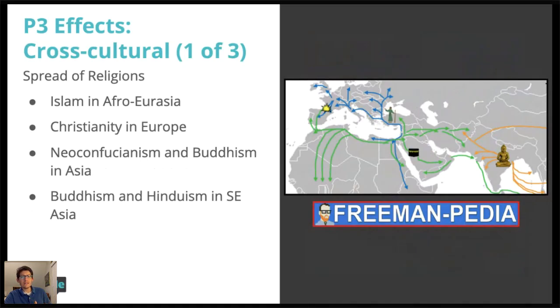All right. Let's see if I can pull this up now. Yeah, so all of these are under cross-cultural in your chart, so you can separate them however you see fit. The first one I want to talk about is cross-cultural exchange. In time period 3, the most important of these is religion. And you see this excellent map, Freemanpedia. Man, what a map maker. What a cartographer that guy is. So the spread of religion really comes to define time period 3.